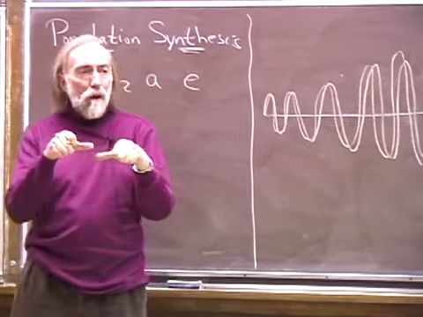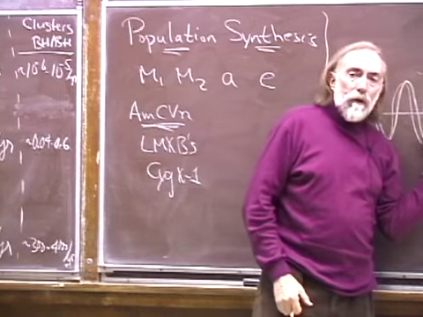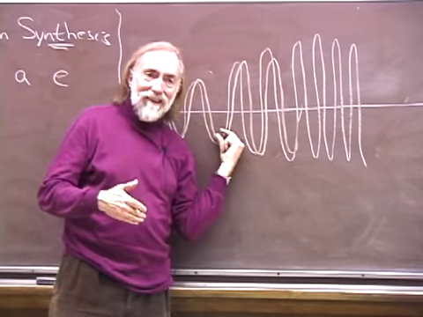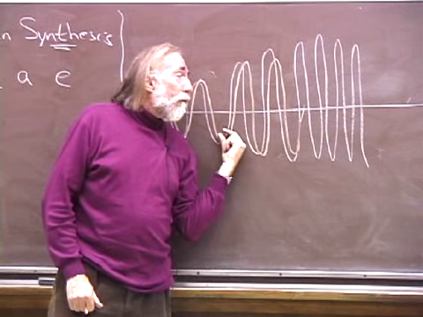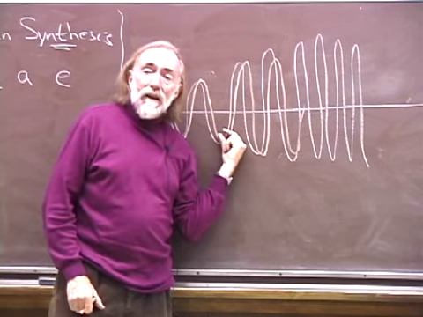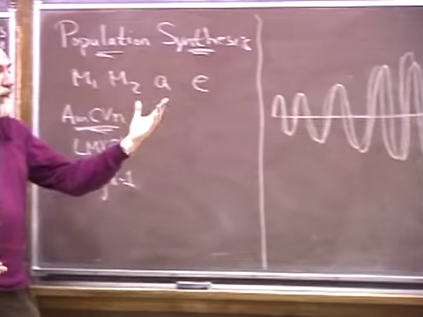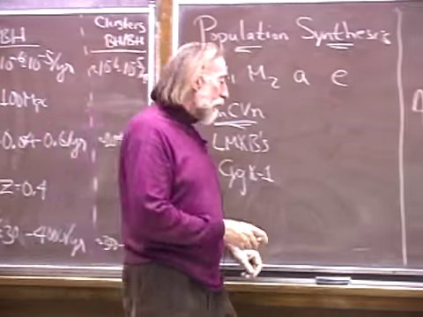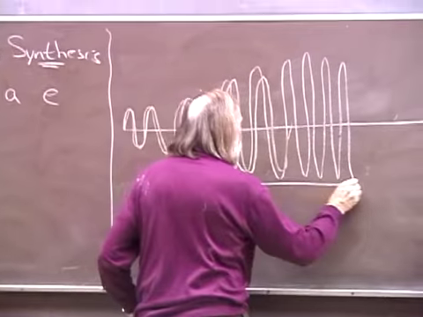If you've got the waveforms agreeing to within about 1 radian, you get a large cross-correlation which will stick up above the noise if the source is really there and close enough. If you have the waveform wrong by as much as about 1 radian out of the entire wave train, then you may miss it, or at least you certainly know that the cross-correlation has gone down significantly. Now, how long is the wave train?